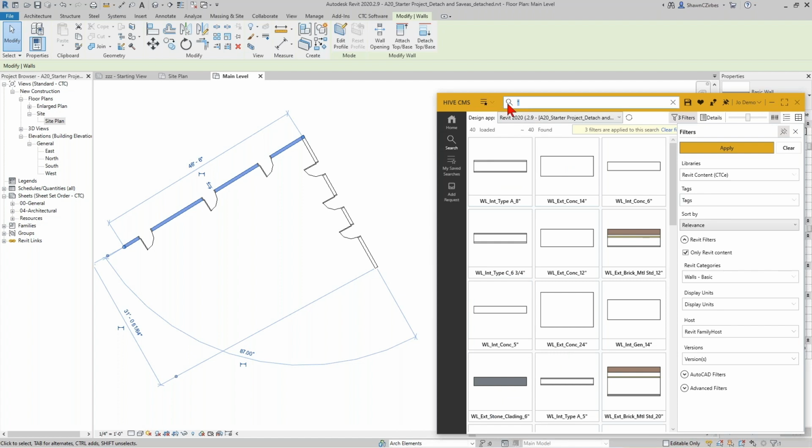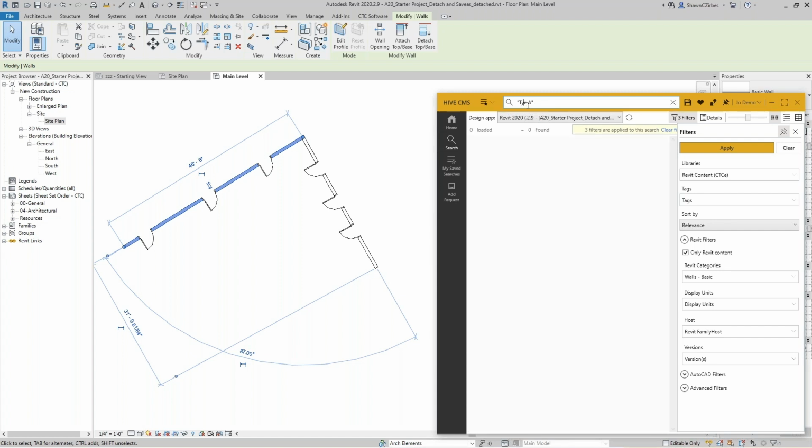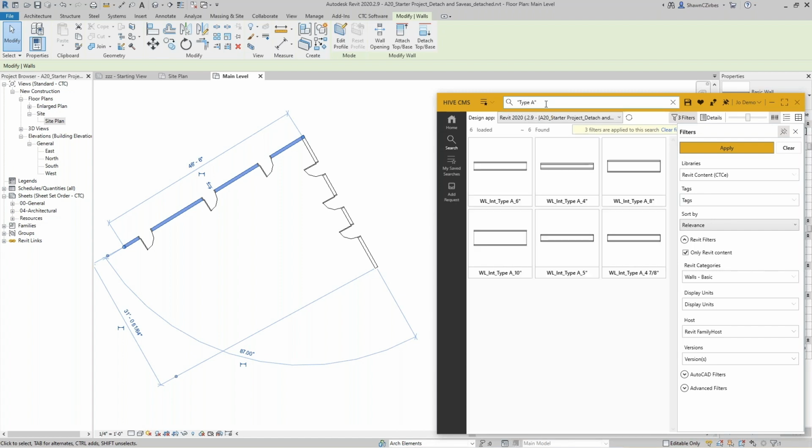Or I can refine my search up here by explicitly saying, give me type A. I misspelled type A. That's fantastic. I can't spell today. Give me type A. Thank you. There we go. And I can see that I have explicitly 6 different wall types that I want to bring into my project,